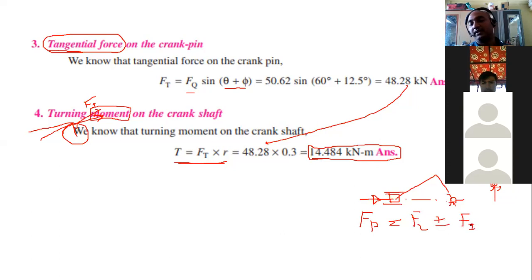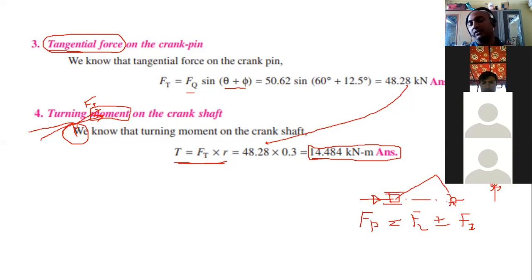Okay, but in case of vertical engines, one more force adds. What is that? That is the weight of piston. Why weight of piston we are going to consider? Because it is acting towards the center of earth. Okay, so mg will be there. Okay, no ma but mg will be there. Okay, so this mg will be there in the equation. Okay, so we'll see the effect of this mg in the second problem. That is our last problem, and we'll solve this problem quickly.